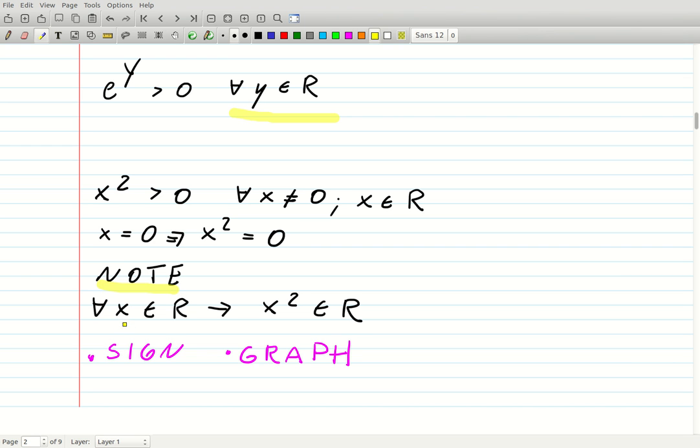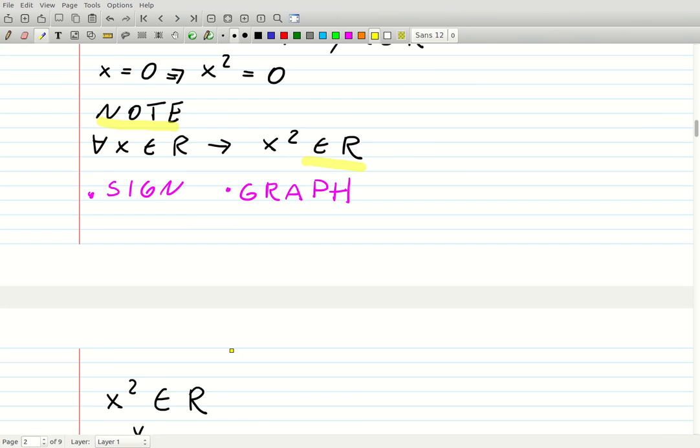Note, every real number we put in x squared, we obtain a real number. That means, if I put here 1, 2, 3, we obtain a real number. If we put inside here -1, -2, -3, -pi, we always obtain a real number. This is very important because